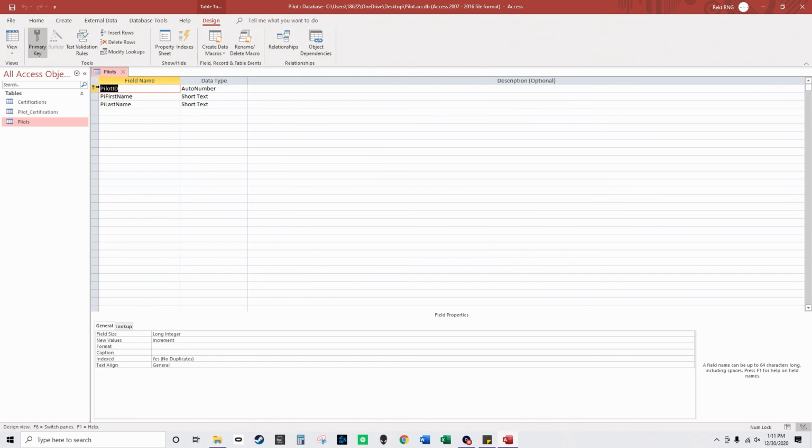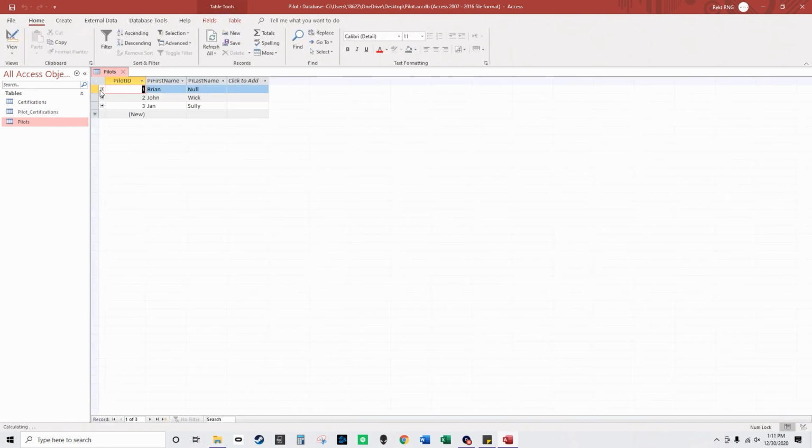So basically, this is a primary key. Autonumbers are useful because they just count up and they're always unique, and you don't really need to reference them as a particular number. They just help create relationships between the tables, and they're supposed to remain static. You don't update the pilot IDs or anything. They're just a static, unchanging value that exists in the table that helps to uniquely identify the row or the record. So each pilot has their own particular ID, and every time you add a new pilot, it just auto